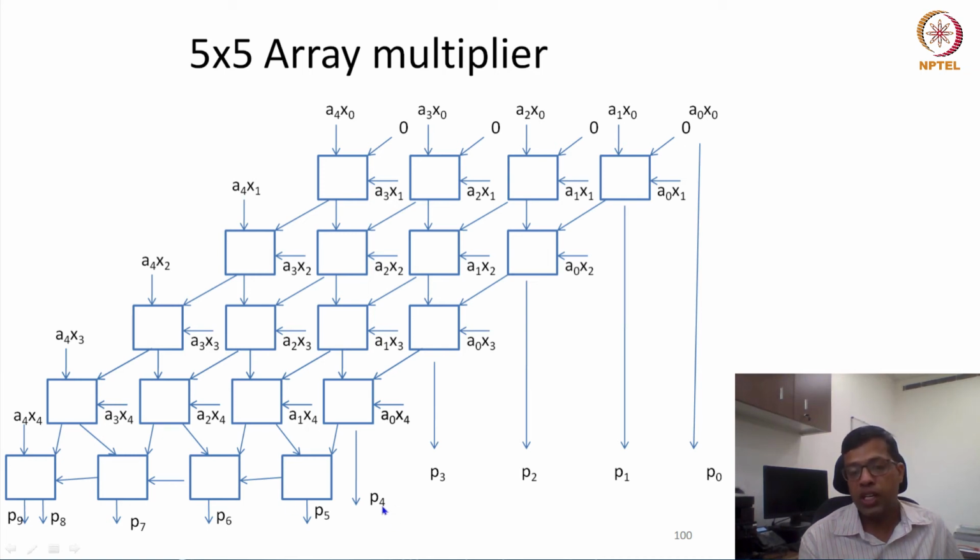And you will also see p4, p5, p6, p7, p8, p9. So these are also the final outcome of the last layer. In this way, this looks like a very regular structure where we clearly know how many full adders would be required, what is going to be the delay of this particular adder, and how they would be connecting.